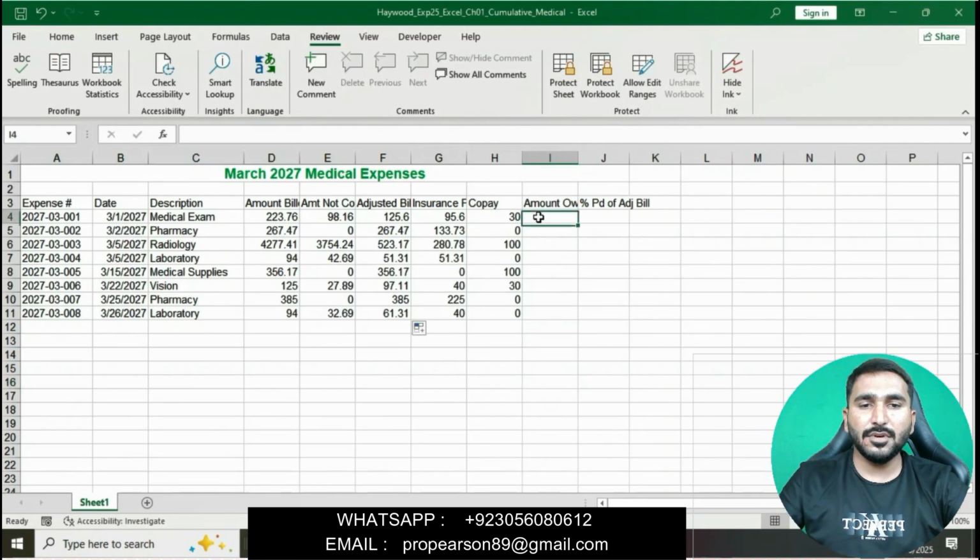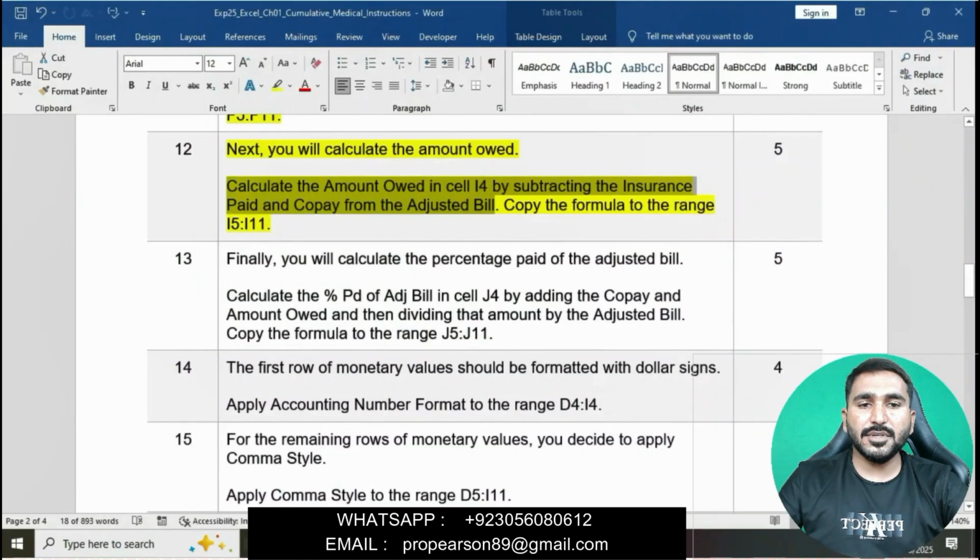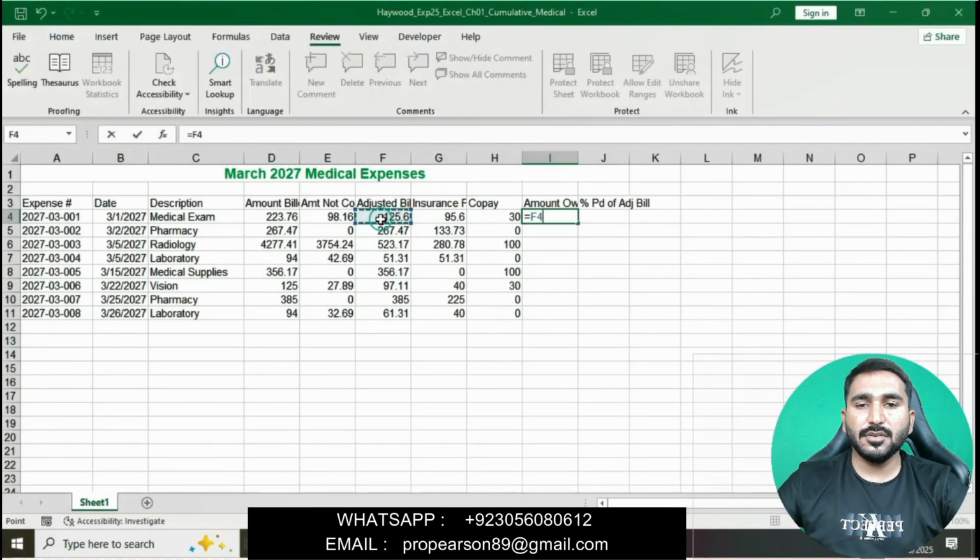Press equal to, adjusted bill minus insurance minus copay, then press enter. It will find the amount owed in cell I4.